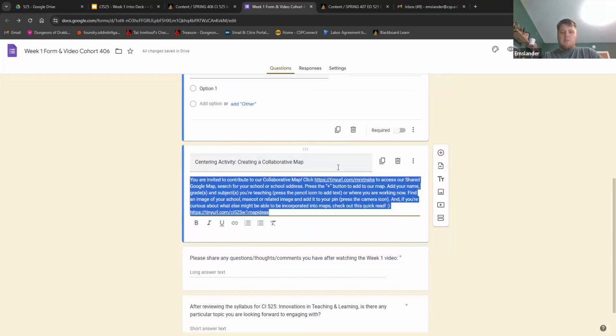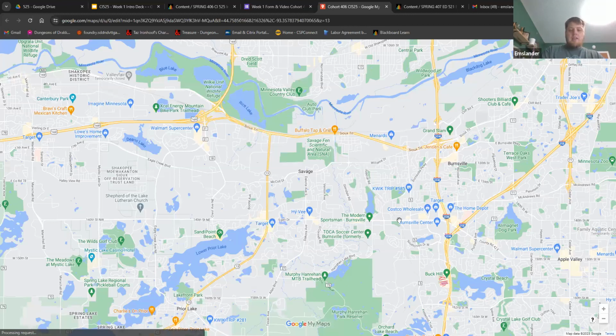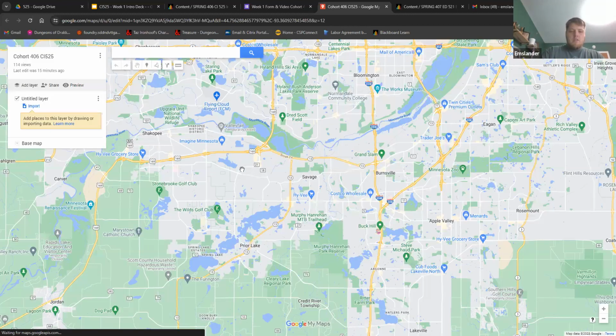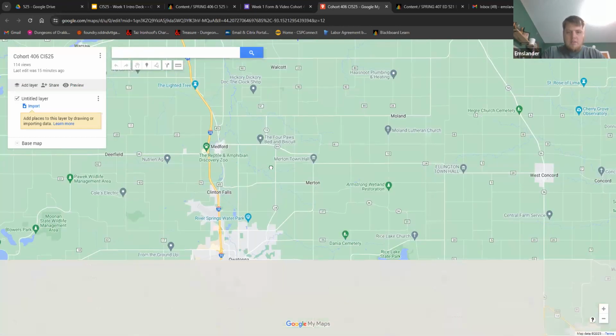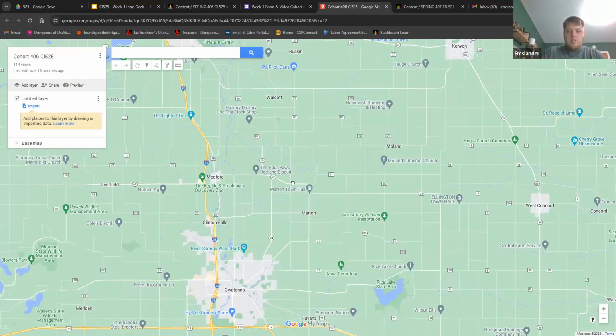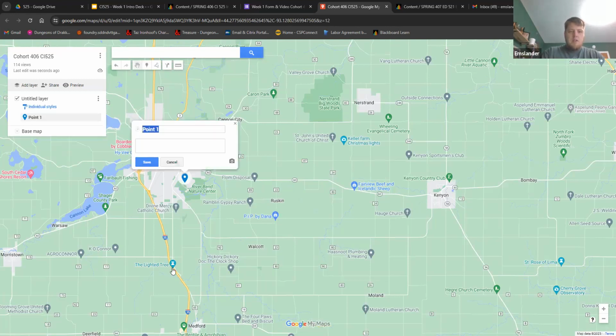You'll click on this tiny URL, which will open up a Google map. And go ahead and just put a pin at your school. I went too far. I teach at the prison in Faribault. So I am going to add a marker right about there.